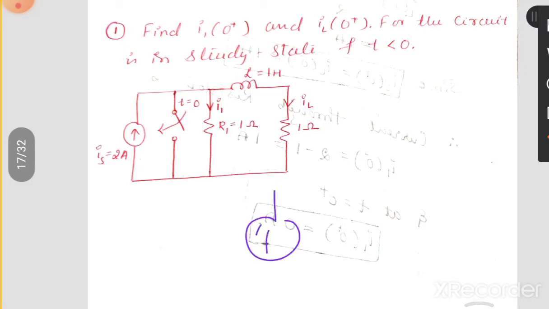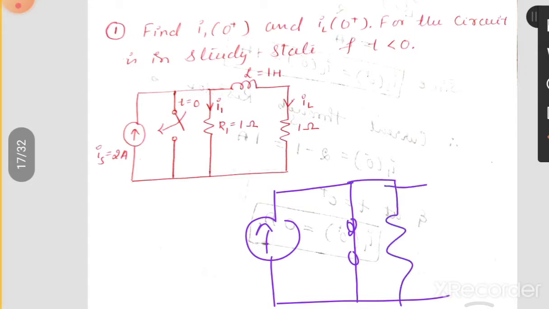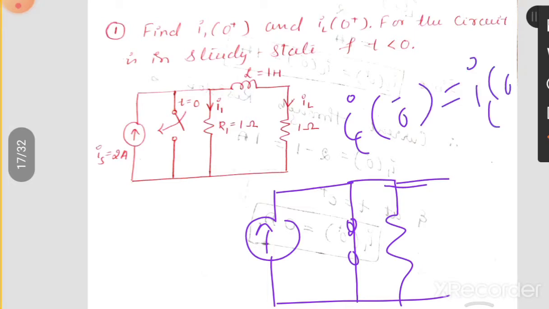Now we'll take that. So that is nothing but current source. Just after, what is the switching condition? Close it. You have closed the switch. Then this is a resistance. Here you need not bother about inductance because IL of 0 minus and IL of 0 plus we have already calculated. If you would like, you can take it once again. When you are closing the circuit, immediately it remains the same.